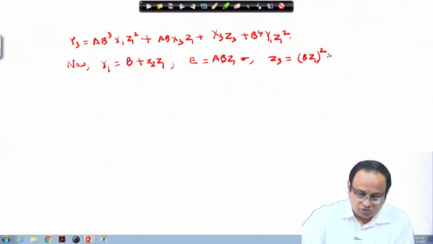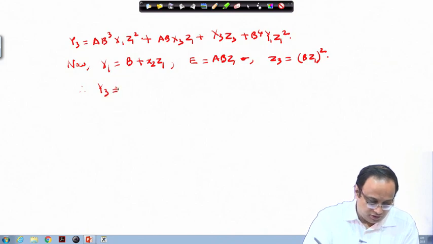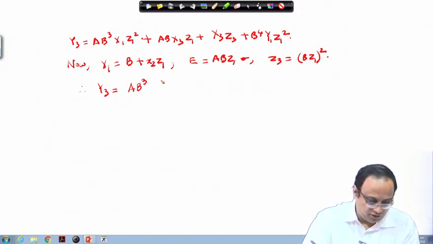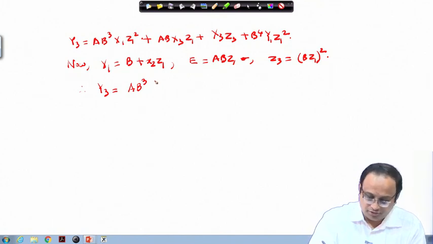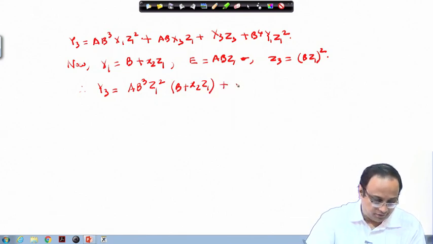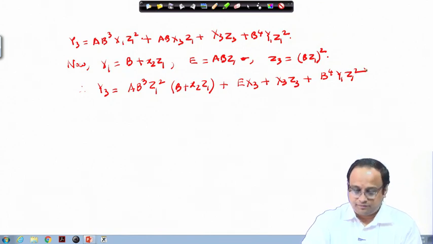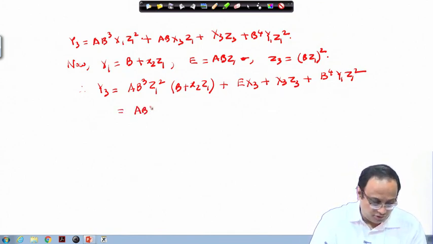So, therefore, y3 is equal to a b to the power of 3 z1 square, and instead of x1 I can write b plus x2 z1, plus E capital X3, plus x3 z3 plus b to the power of 4 y1 z1 square, and this is equal to a b to the power of 4 z1 square,